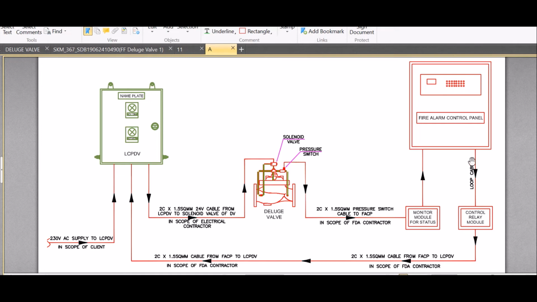It will send the signal to the control module and actuate the relay of the deluge valve control panel, or actuate the solenoid valve.